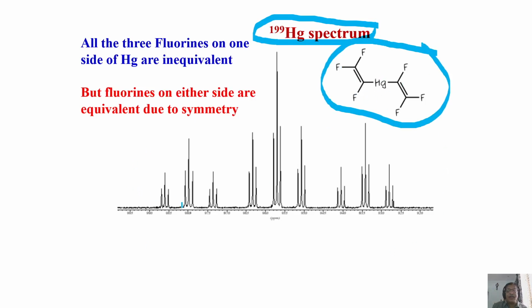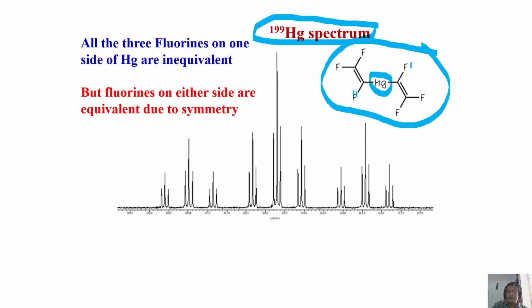Fantastic. How do I get it? Remember, this and this proton are chemically equivalent, but coupled to this. There is no coupling between this and this. That's a different question because of chemical equivalence. Whereas this mercury is coupled to these two, with equivalent coupling. So when the couplings are equivalent, what pattern do we get?